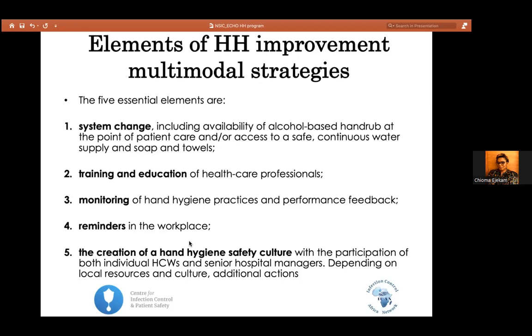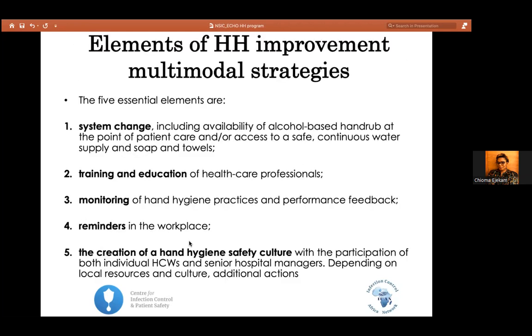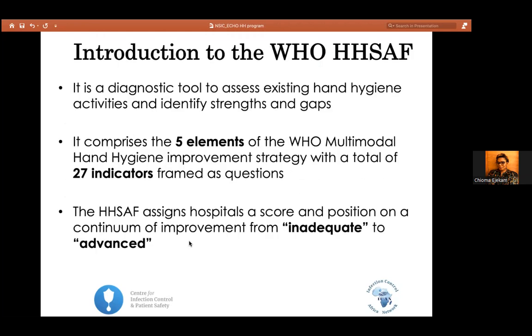And we're bringing it now in the context of the hand hygiene program, especially trying to take it through the HSAF too, okay? Now, the HSAF, as I mentioned, is the Hand Hygiene Self-Assessment Framework. I mentioned it is a diagnostic tool to assess existing hand hygiene activities and identify strengths and gaps. It has 5 elements across the areas that I mentioned earlier, and there are 27 indicators.